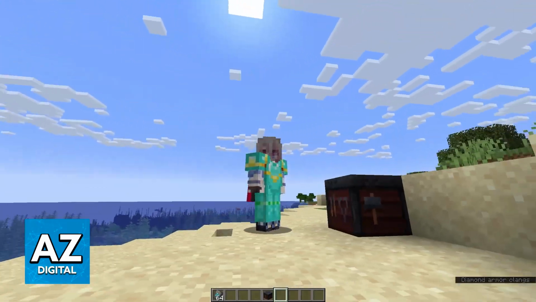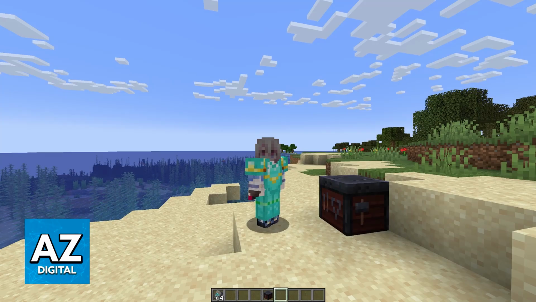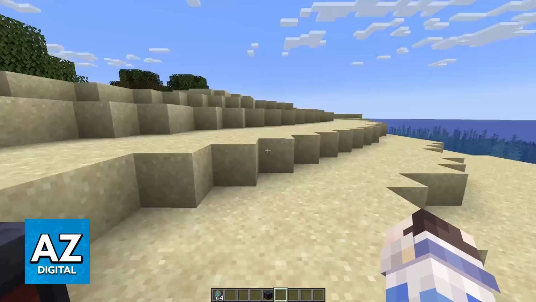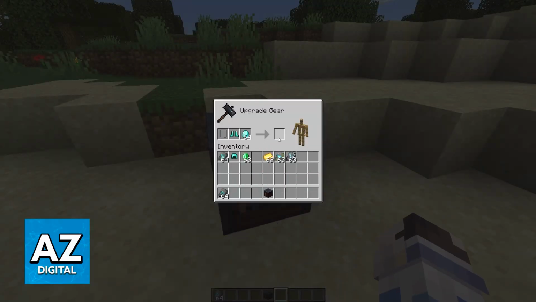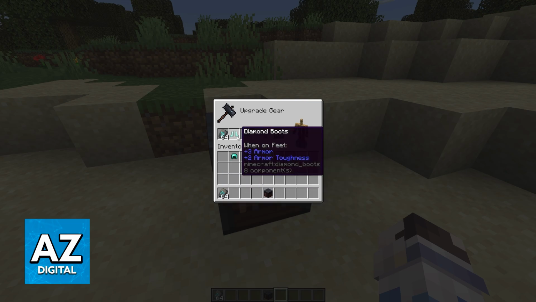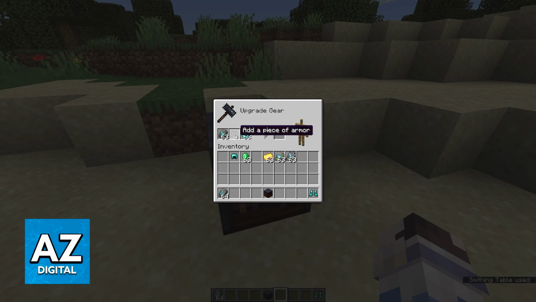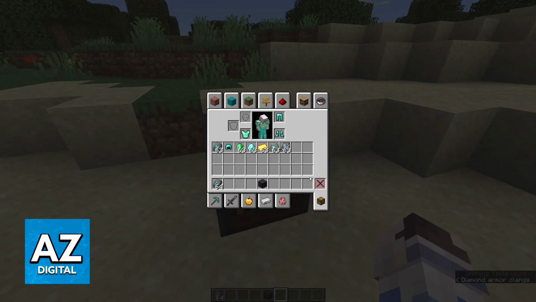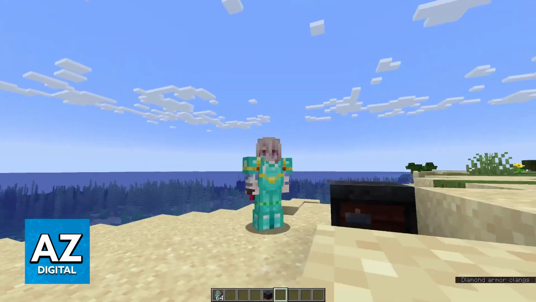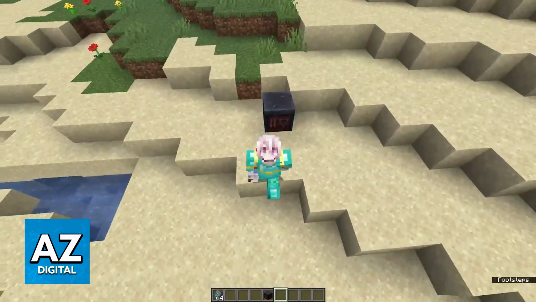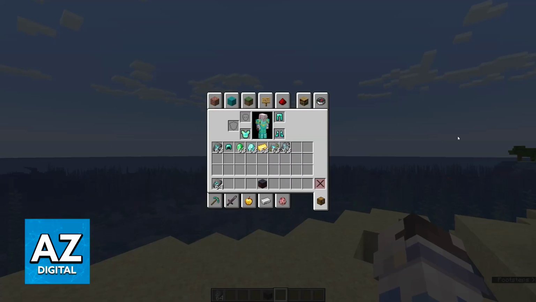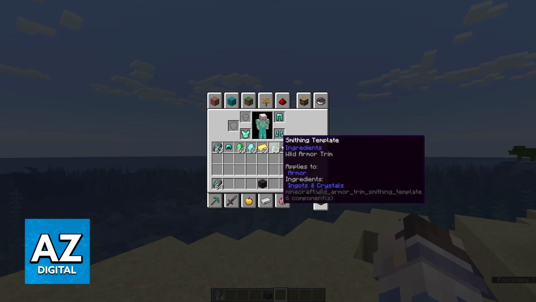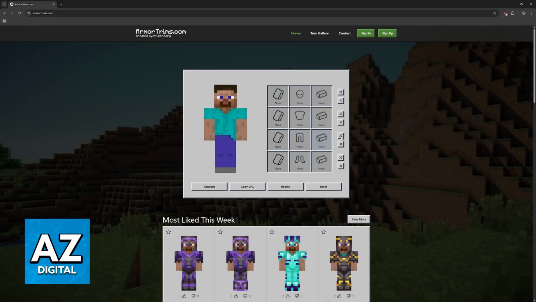So as you can see, this is how my chest piece looks like with gold trim and then emerald trim on the leggings. It is going to work for every single piece, even if you use the same material. So for example, diamond boots with diamond, it's still going to be applied. It is going to be harder to see, but it is still going to be there, even if it is a faint effect.